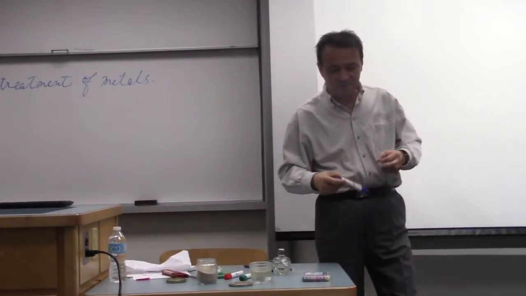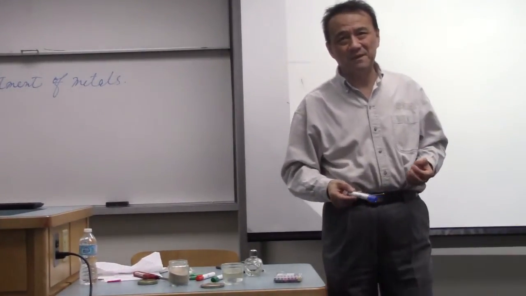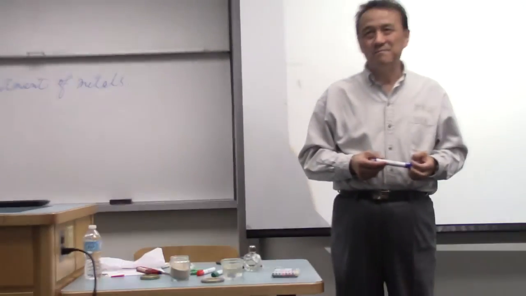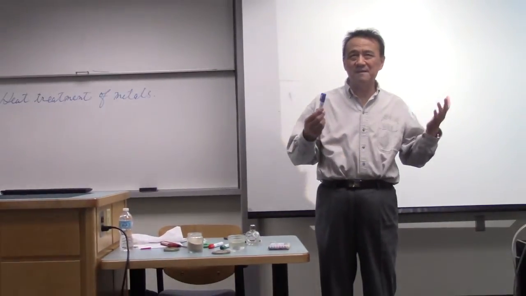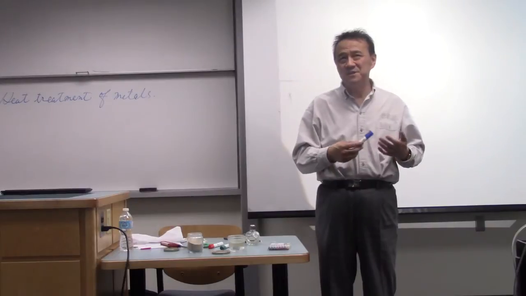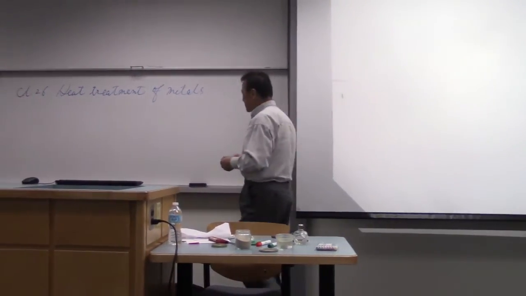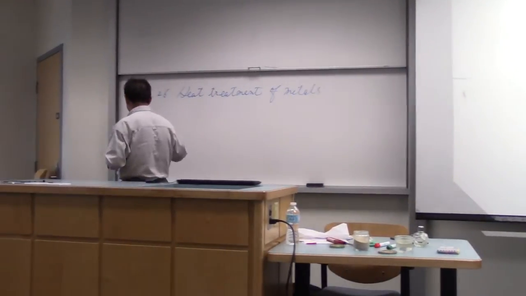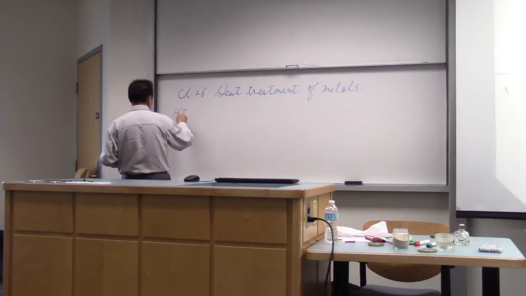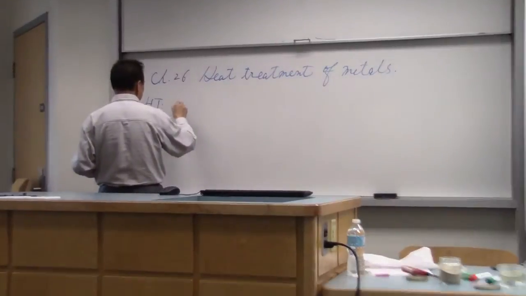We do the heat treatment on metals. Metals, when we heat it up or cool it down, we may change the properties of the materials. Heat treatment, I'll just write it in short, is an operation